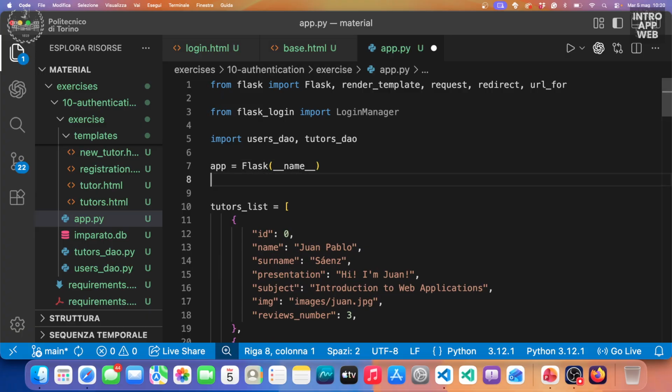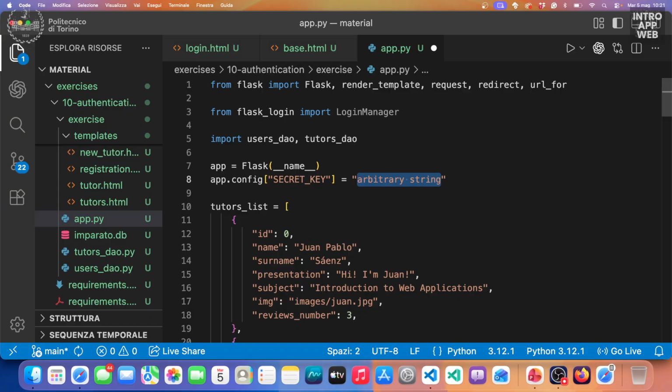So here below the Flask name, we have to specify what will be the script that we will be using for encoding the secret key or the session ID that Flask login will be dealing with. So this is something arbitrary, so key for the imparato, okay,